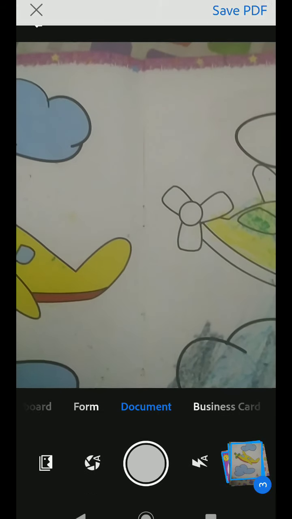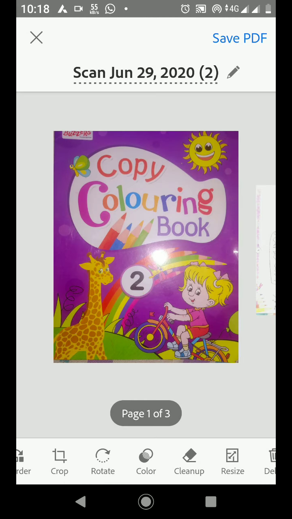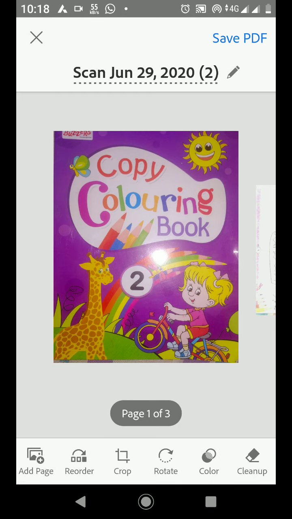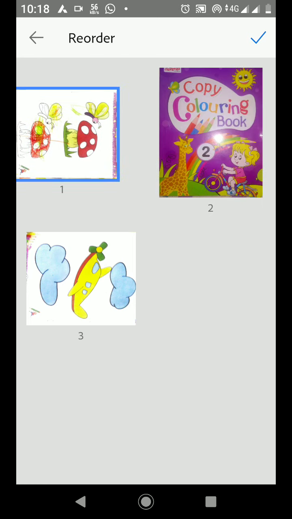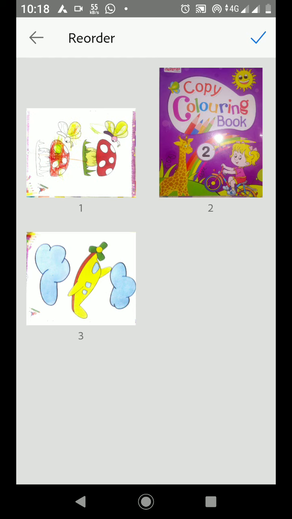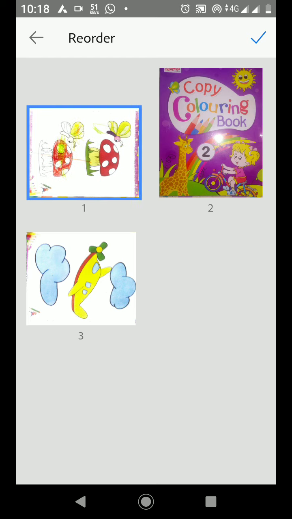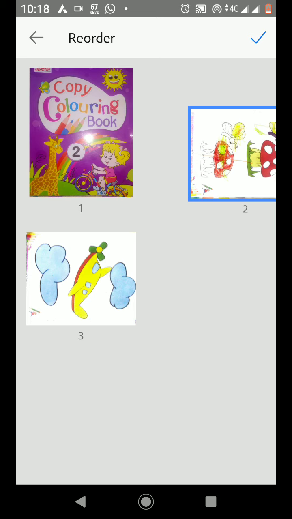Then you click on the photos, and whatever editing you want, you can do it even now. You can also reorder, change the order. You can press, hold it, and move it like this, so that way you can reorder.